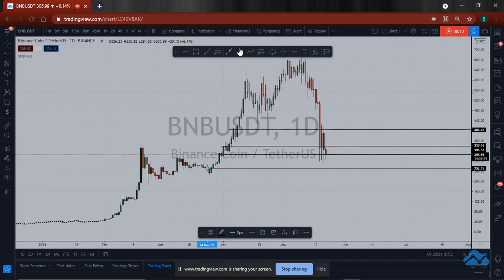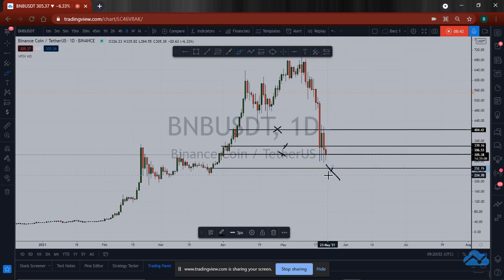So what can we see from the market? So we can see clearly that the market has broken below this level, and this level, right? So the next level that we could expect price to approach could be this 250 zone here, right? And also it's a strong number, so we could expect price to approach this level in the next